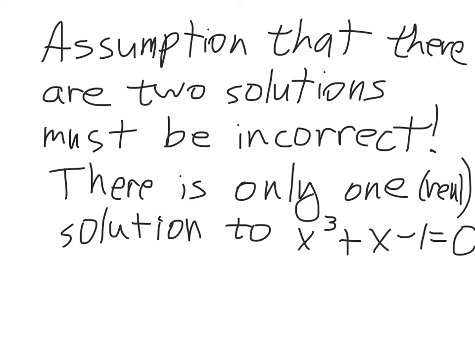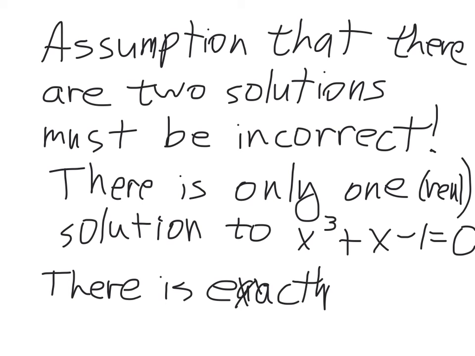Actually, Rolle's theorem tells us there's less than 2 solutions. Okay, there's not going to be 2 or more solutions. There's less than 2 solutions, which means it could be 1 solution or 0 solutions. But we had already shown with the intermediate value theorem, there's going to be at least 1. So putting the intermediate value theorem and Rolle's theorem together, there is exactly